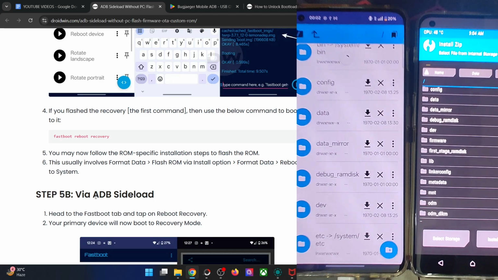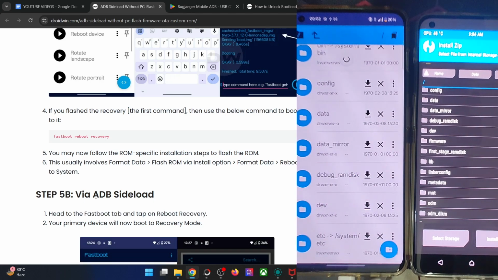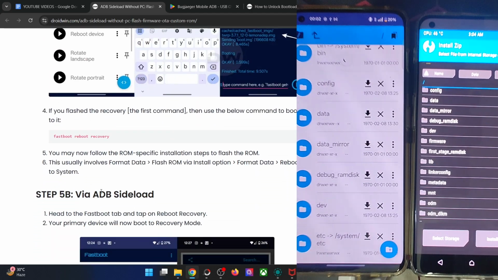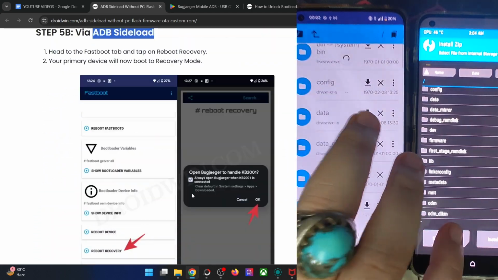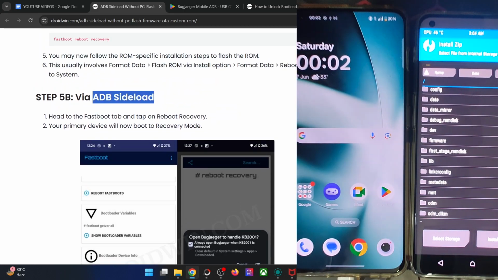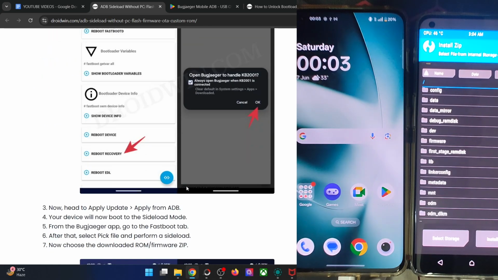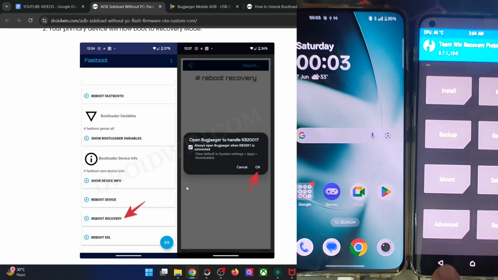This was the first approach of flashing the ROM zip file via the PBRP recovery. Now let me show you how to get the job done via the ADB sideload. So let's get started. The ADB sideload is there for all such ROMs. For example, all the AOSP ROMs, for example, the LineageOS, CrDroid, EvolutionX ROM, those have their own IMG file and their own custom recovery as well. So let me show you how that could be done.